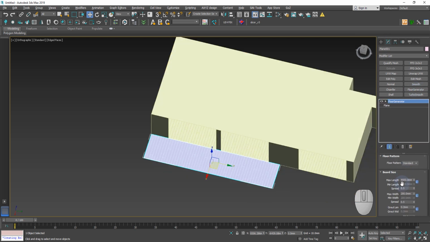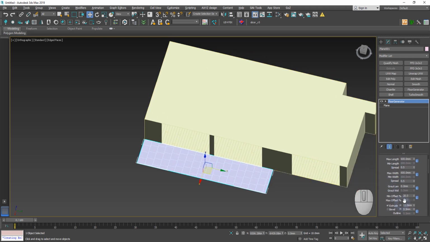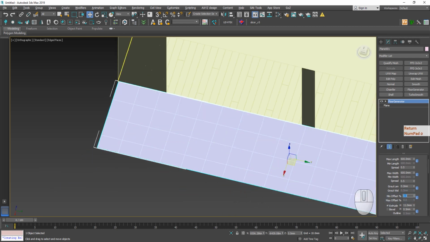Apply floor generator. Here we set 0 to make the tile even.